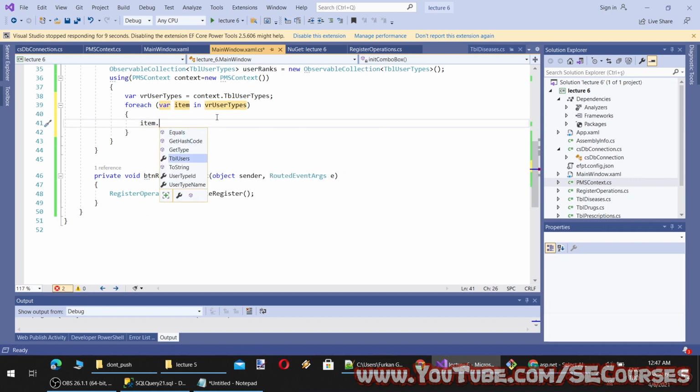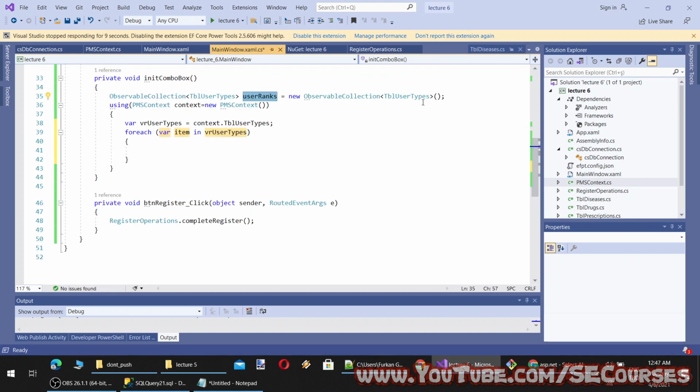Okay, so when we check item we see TBL users, user type id, and username. Okay, so this is what we need actually. However, I don't understand why this is here. So this is an ICollection. Okay, so let's try like this.